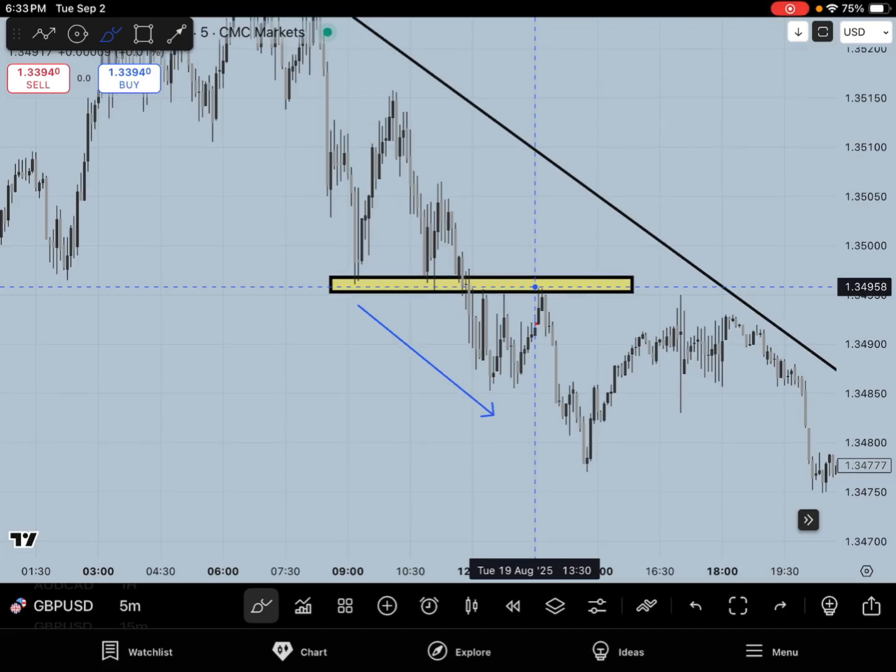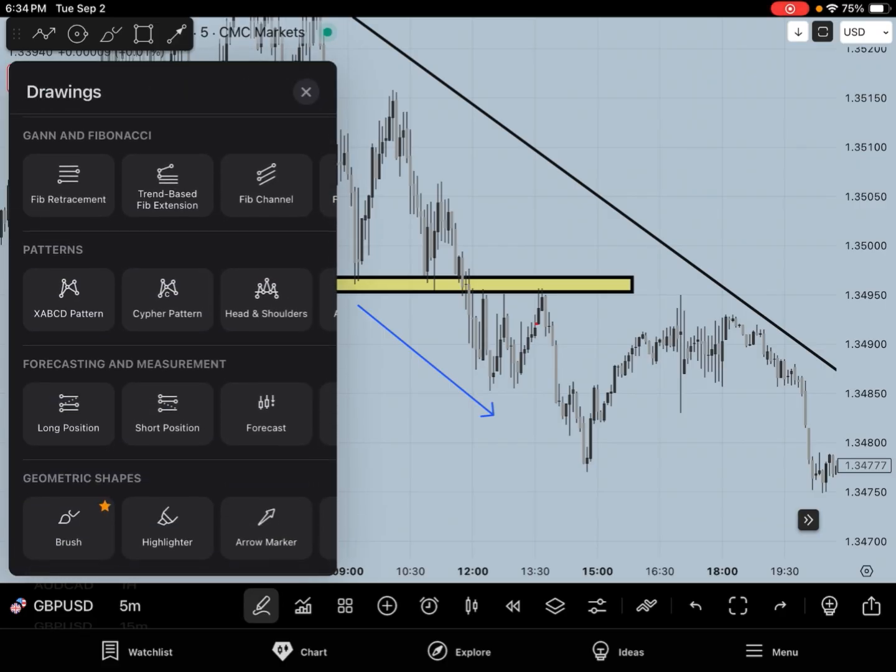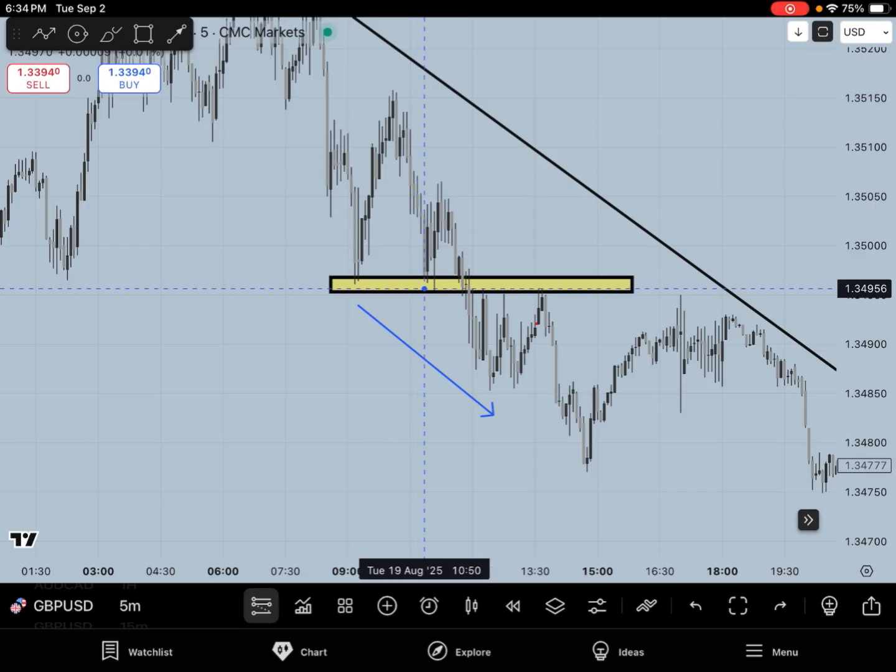At this point, you have your trade set up, you have your support, you have your break of that support, you have your test of resistance, you have your divergence, you have your wick exhaustion, you have one candle close in the direction of price. So this is looking like a valid trade to enter. Next, and you also understand where you want to put your stop loss at. So you can actually just go to your tools and use your short position tool, and you want to go ahead and place it